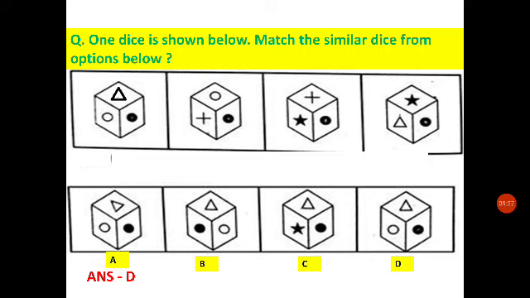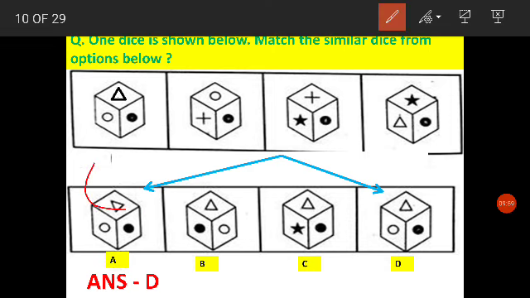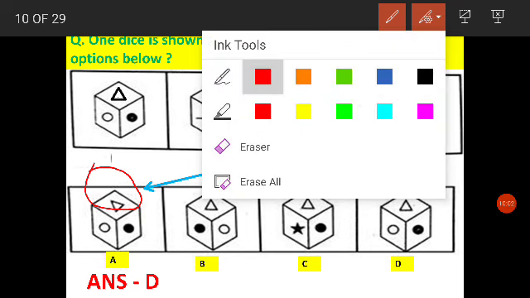The next question is, the 4 dice are shown below. They are actually the same dice but rotated. And then we have to find out the correct answer option from the figures given below. So the answer is D. Now how do we come to D? One more thing, A is also possible, but on A the triangle which is made is in a different direction.